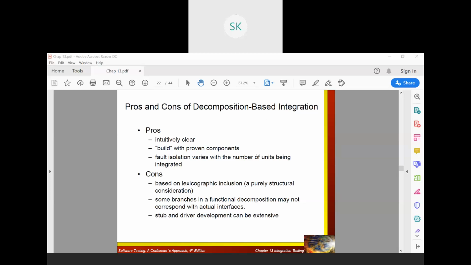Integration happens with respect to three scenarios. One is with respect to your functional way: top down, bottom up, followed by sandwich, followed by Big Bang. Whereas with respect to non-functional things, call graph followed by paths will be there. So path will be just considered. We'll take the rest of the things in the next class probably.